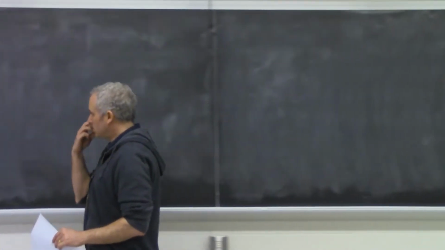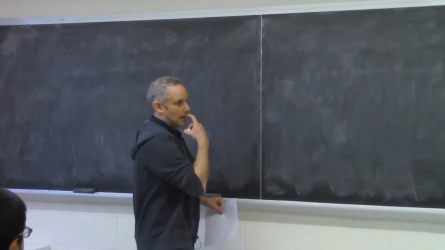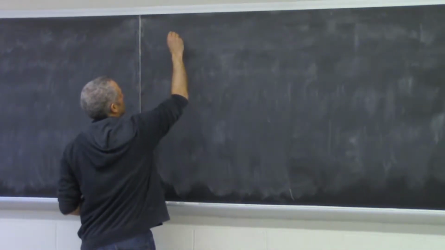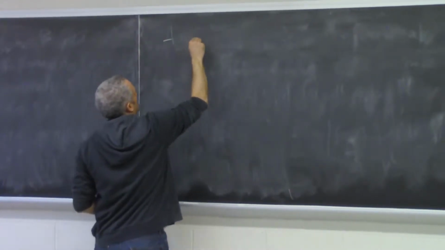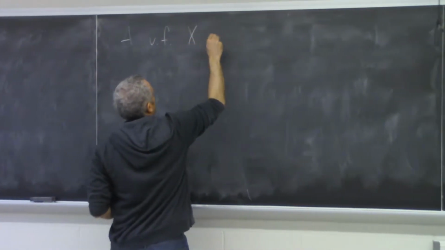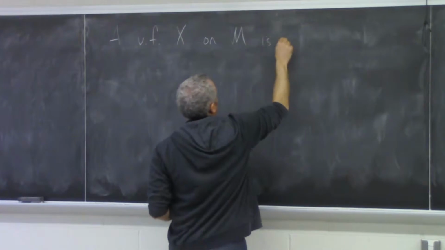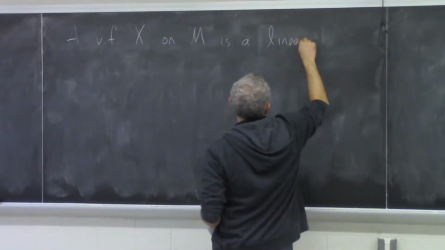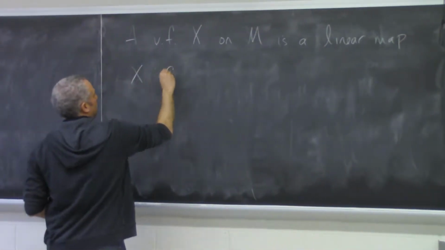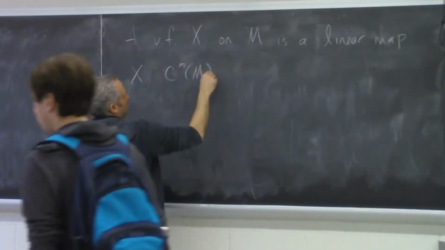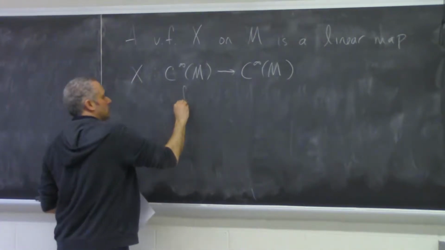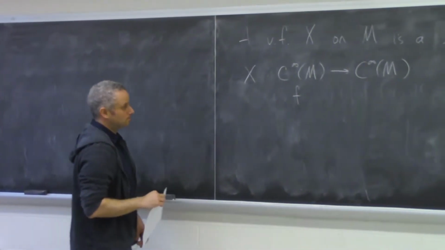Last time we talked about composing vector fields, and the first step in understanding that operation is to view a vector field in the following equivalent way. So we view it as a linear map X, which takes the set of smooth functions to itself in the only way that makes sense.